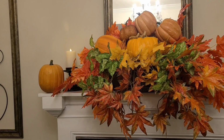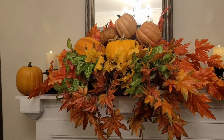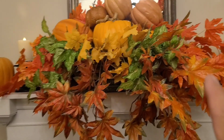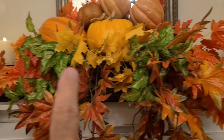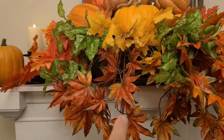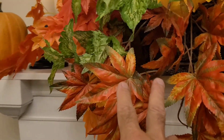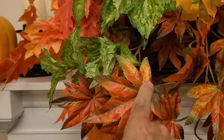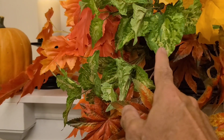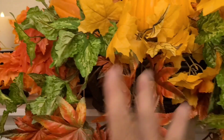These adjustments. Okay, so here is the first simple mantle. There is that piece, and you can see what I did was I have the leaves cascading out. I put them around the back as well, and then I cascaded down in the front. And if you notice, I used a little bit different leaf here. I wanted to incorporate a little bit of the green. This was very, very orange, a little bit of green, and then I also added some green and yellow to